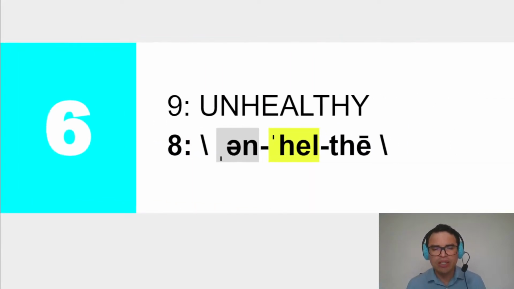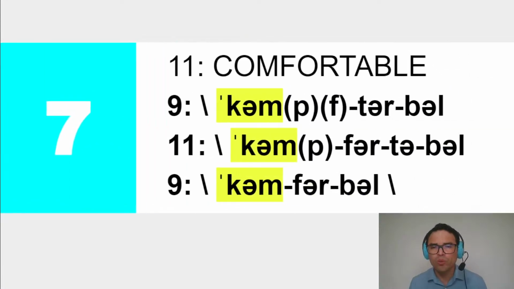Number 6. 9 letters, 8 sounds, 3 syllables. The second syllable has the primary stress. The first syllable has the secondary stress. In the first syllable, neutral. Second syllable, e. Third syllable, e with a hat. How do you pronounce the word? Unhealthy. Number 7, wow,